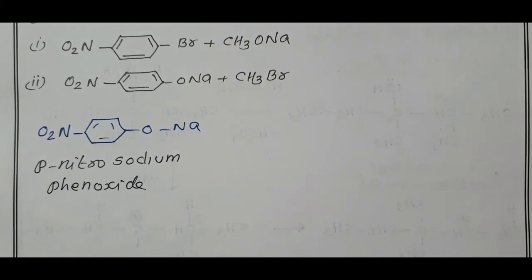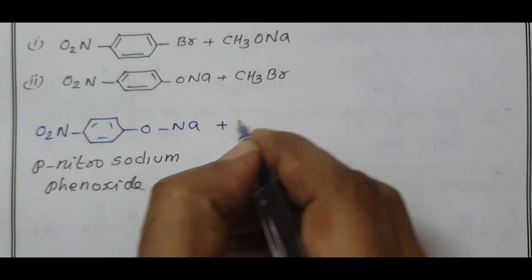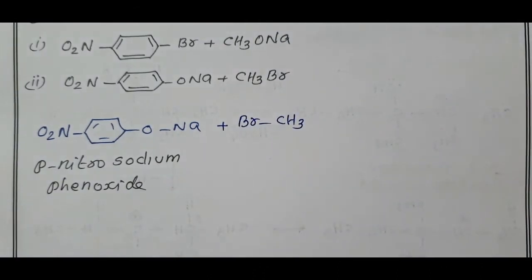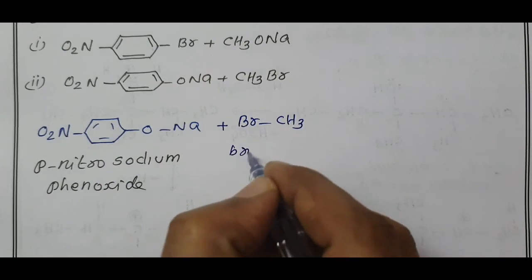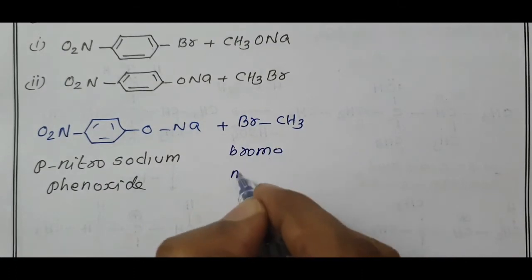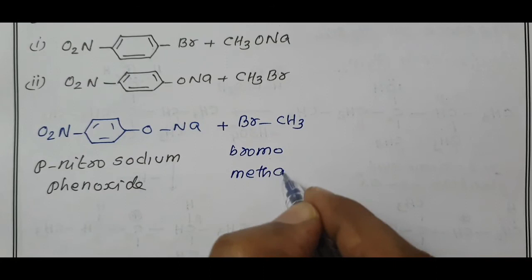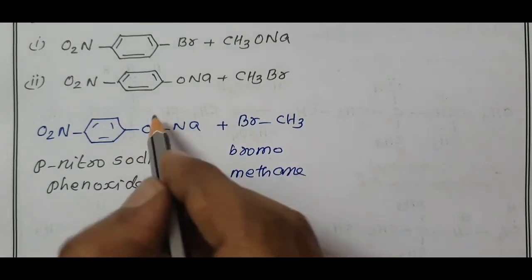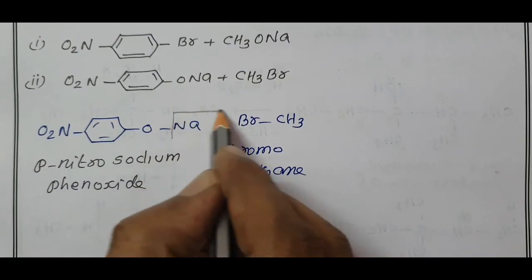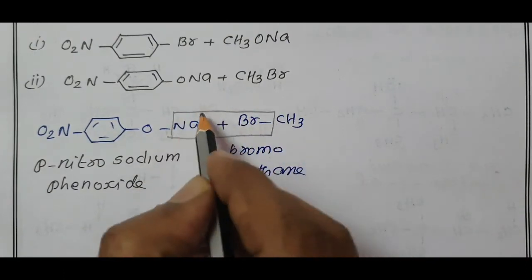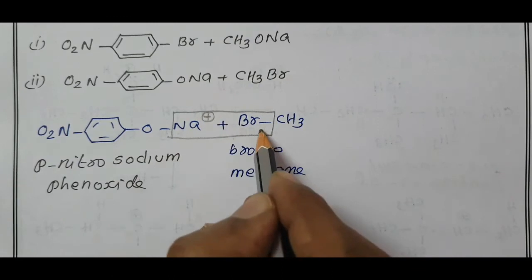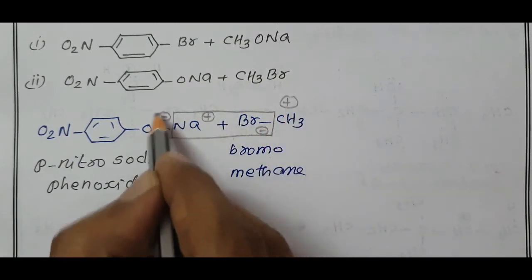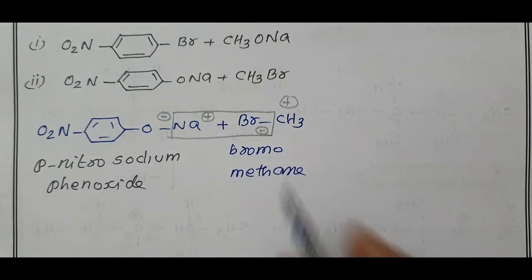When treated with methyl bromide, BrCH3, bromomethane is the IUPAC name, 1 carbon meth, methane. One Na plus from para-nitro sodium phenoxide and Br minus is removed as NaBr. This plus is added to this minus gives